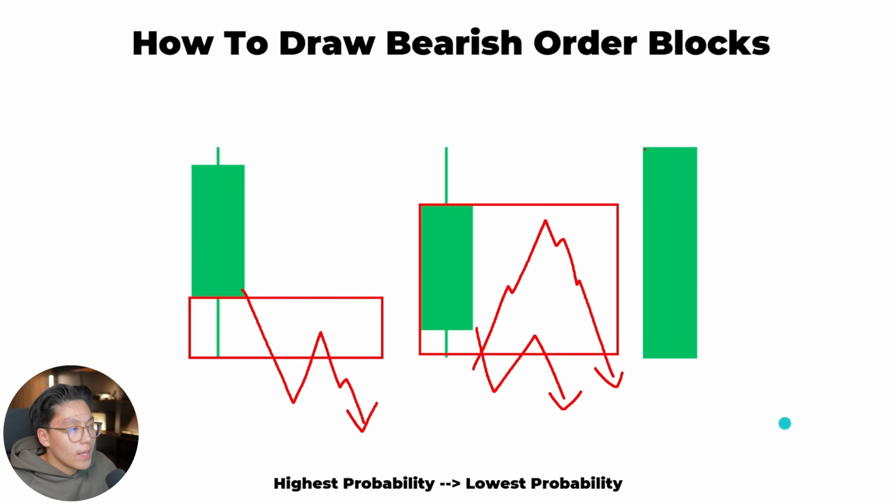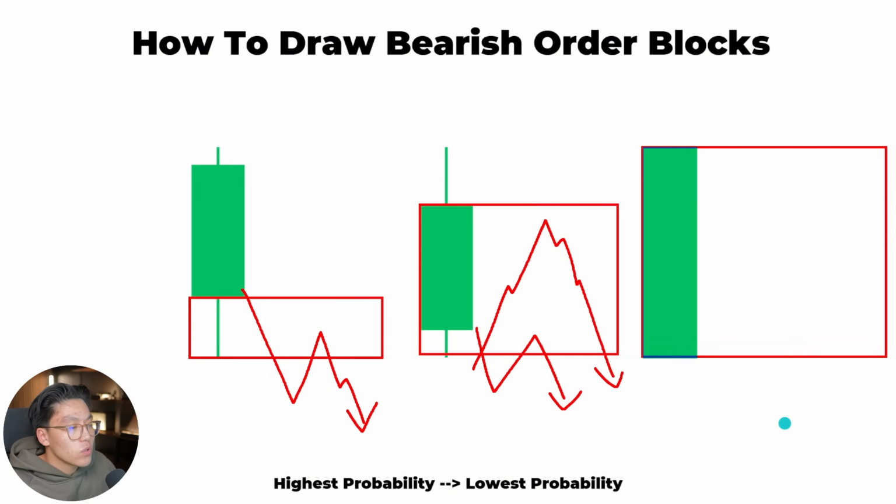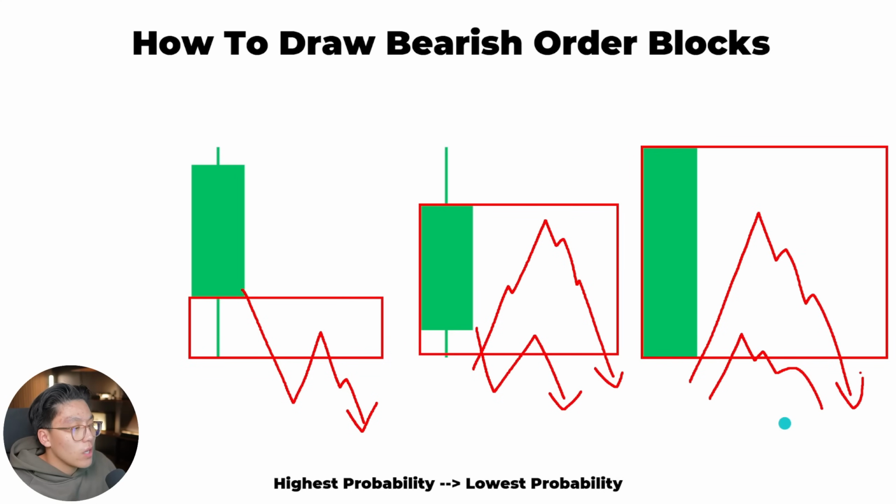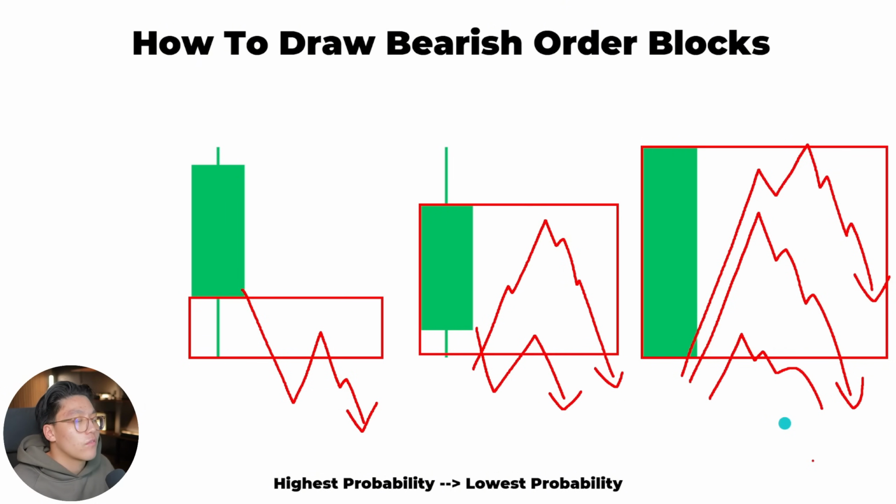And then on the right hand side, I have my lowest probability order block, which is when we don't have any wicks whatsoever. We can draw it from the bottom of the body all the way to the top of the body, and this is what's called your lowest probability order block. As I mentioned, same thing from the bullish side as well. There are no wicks, so price can dig deep into any portion of this order block and still be bearish for a continued push towards the downside. So with that being said, let's go on to some examples